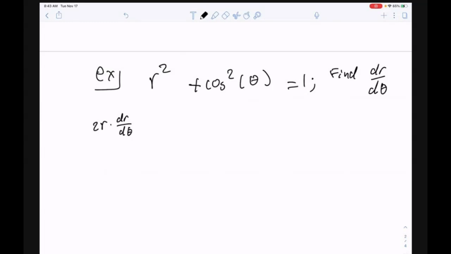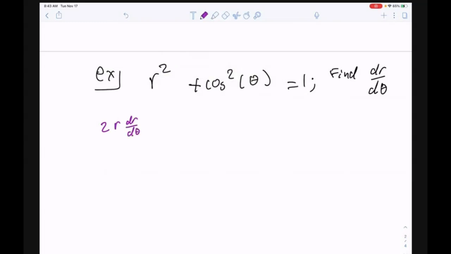Plus. Okay, so no, it's not a negative sign, it is a plus. And shouldn't it be, would it be 2, or would it be, wait, cosine? Isn't it negative 2 sine? Oh no, okay, 2 cosine of theta. Oh, sorry, I forgot I was going to do this in a different color. Just doing it in a different color, that's all. So 2r